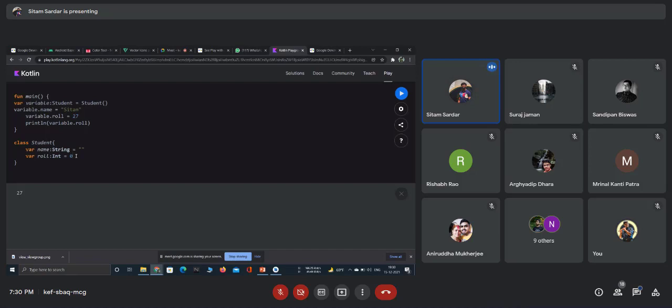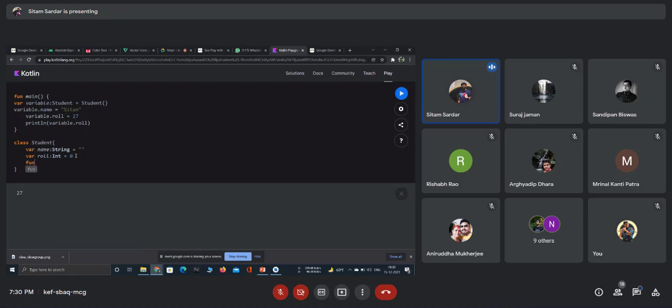If you know about structure and union, there you can only put some data, a bunch of variables of different data types. But there you can't create a function. But in classes, you also can create a function.